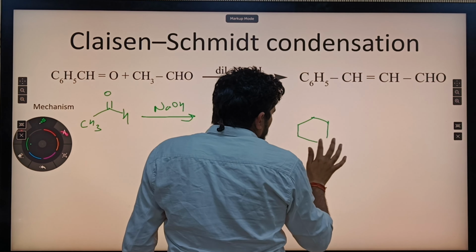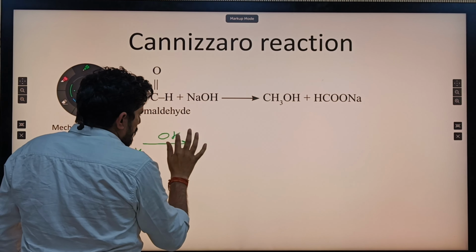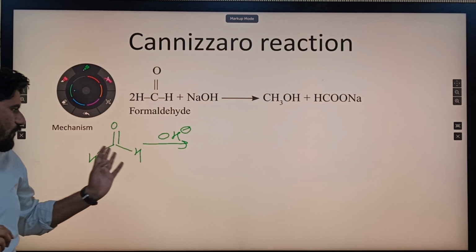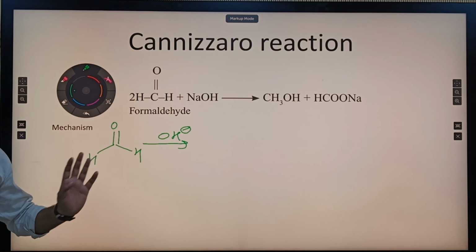So we have formaldehyde in presence of base. Here in formaldehyde there is no alpha hydrogen to be extracted by the OH negative. So OH negative has to act as a nucleophile. OH, hydrogen, hydrogen. Further, in presence of base, the most acidic proton will be extracted by the base,